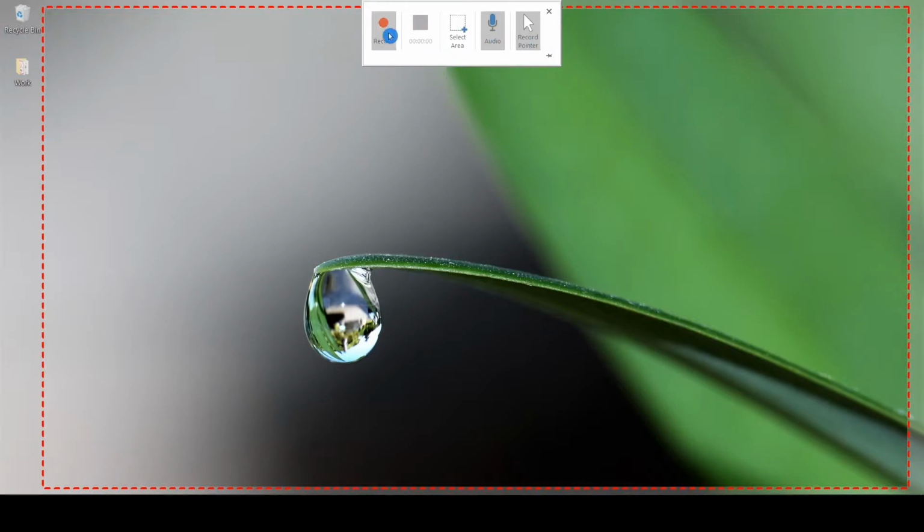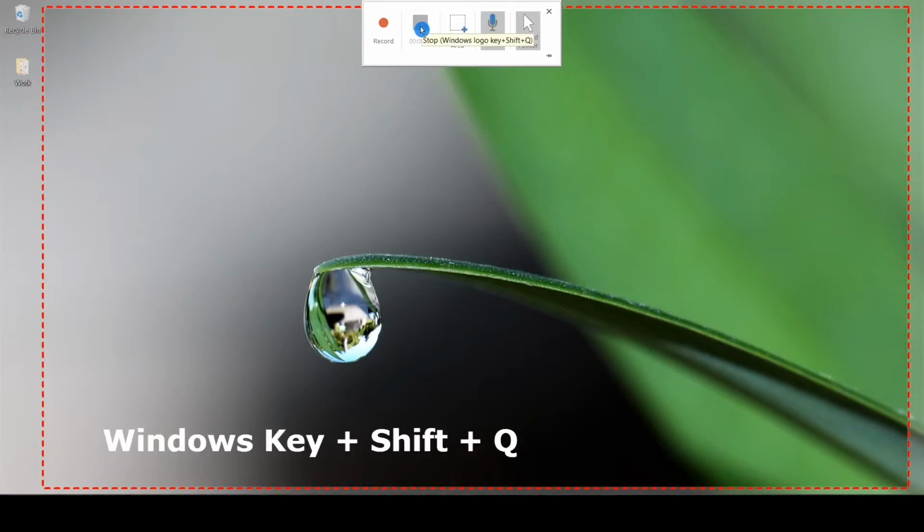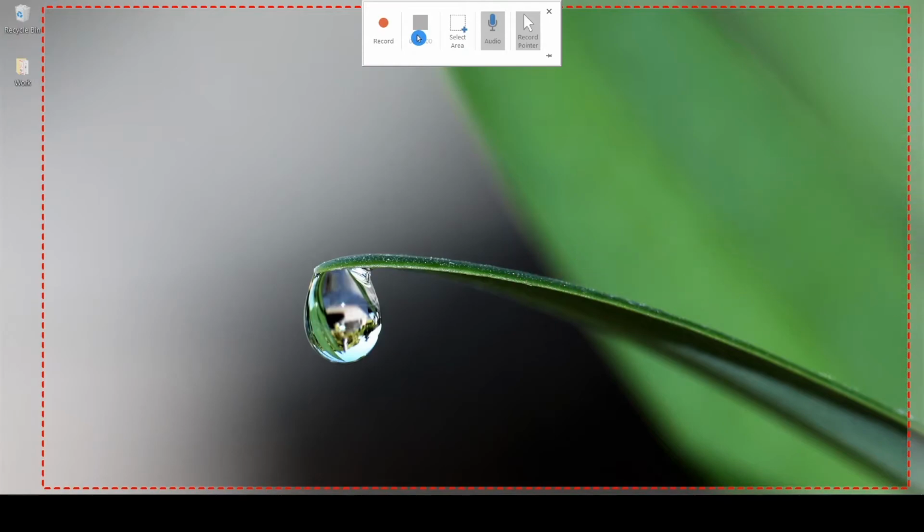Now let me hit this record button so it will start. One thing will be better if you note down the shortcut using which you can start recording and stop recording. The shortcut for stop recording will be especially helpful because at that time this particular control will not come inside your video. That shortcut is Windows logo key plus Shift plus Q. So keep that in mind and you can also make a note. Let me click on this record button and let's see what happens. Once you click on that, a timer will start and it will give you 3 seconds before it actually starts recording. So let me click on this.